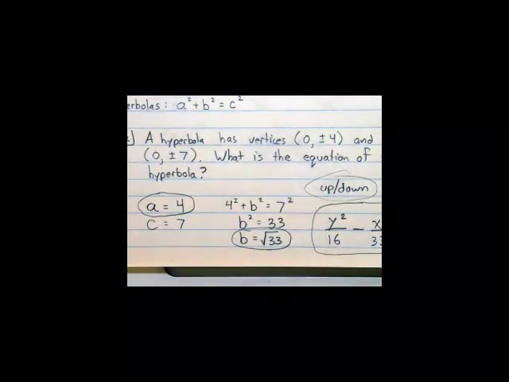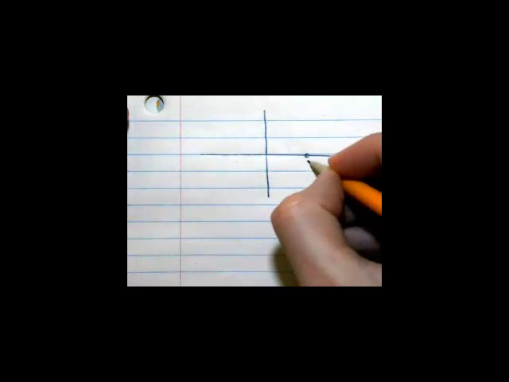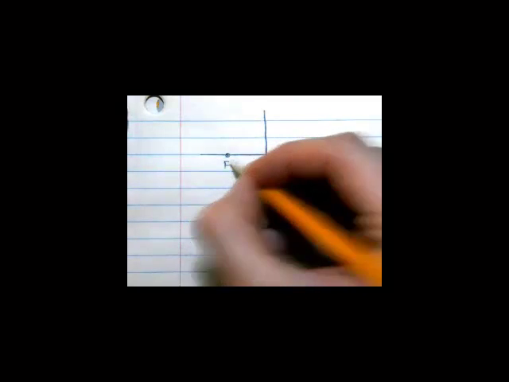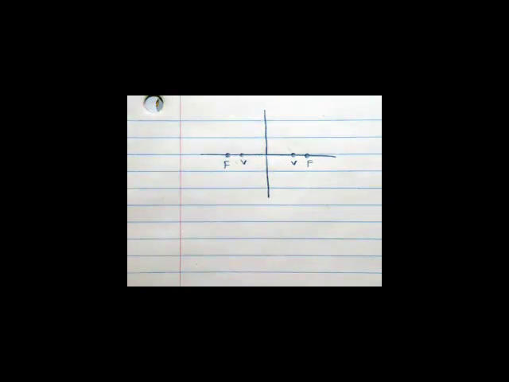Well, let's talk about that. B by itself is a measurement that helps determine how fat or how skinny your hyperbola actually looks. Let me give you an example. Let's say all we know is a and e, and we don't have anything to do with b. Maybe our vertex is here, vertex is here. So then the question becomes,